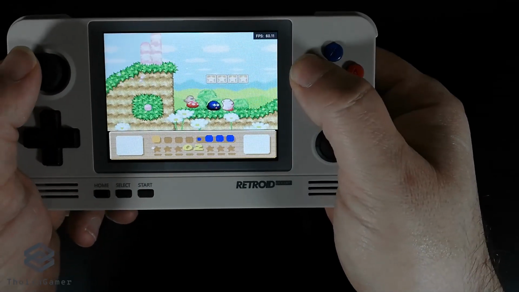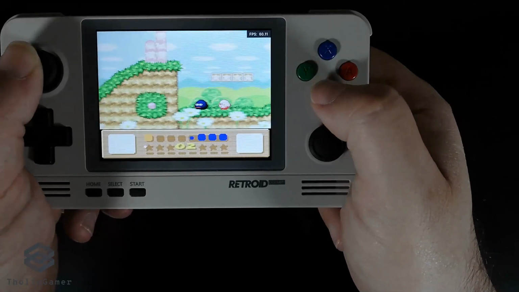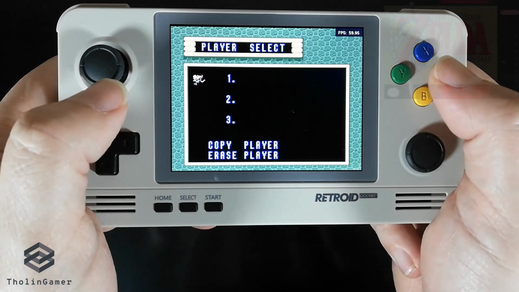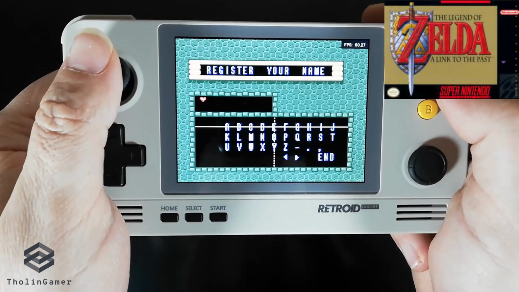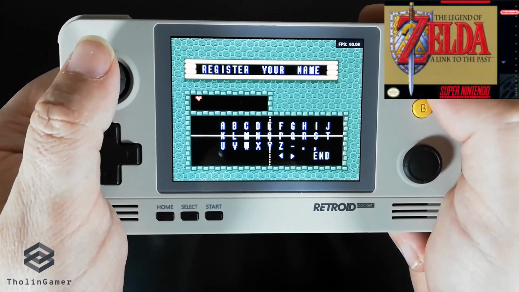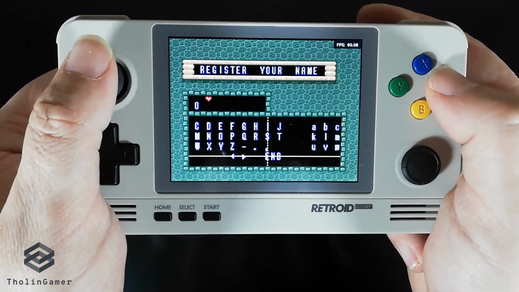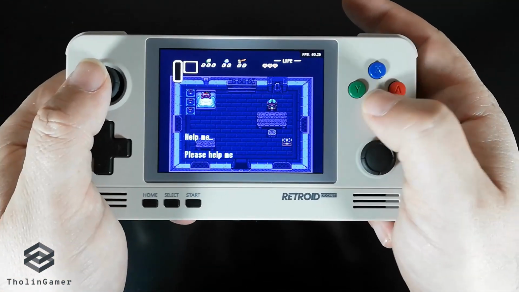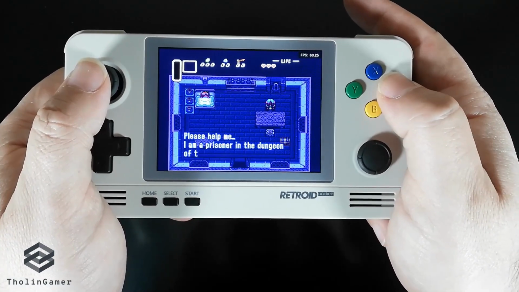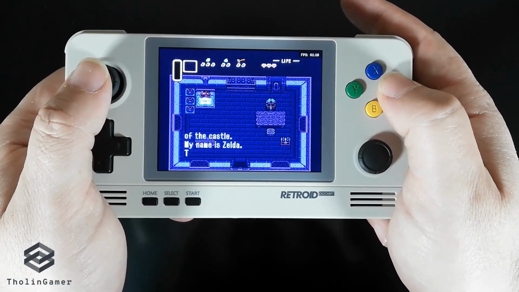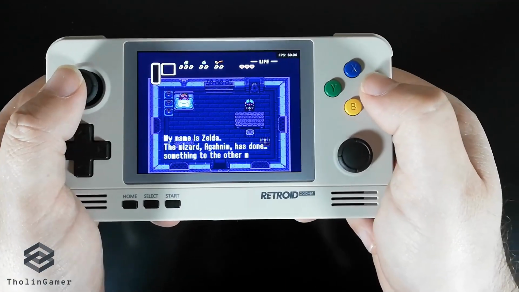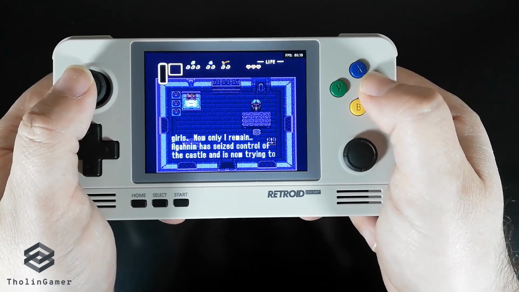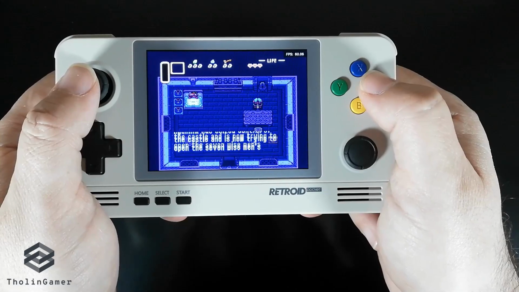Now, let's move on to an iconic title of the Super Nintendo, a franchise created by Shigeru Miyamoto. I'm talking about Zelda, of course, and this is Zelda: A Link to the Past. One of the best adventures that you can find for any system. I am personally not that big a Zelda fan, but I love those early 2D games, and I also love the remake that was made of Link's Awakening, which is also 3D but follows the same perspective, let's say the isometric one. I am not a huge fan of the 3D Zelda games,